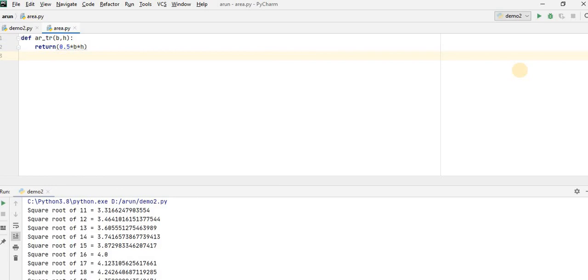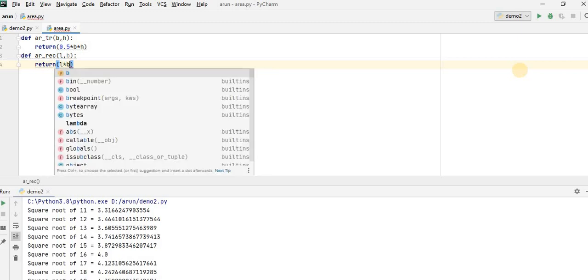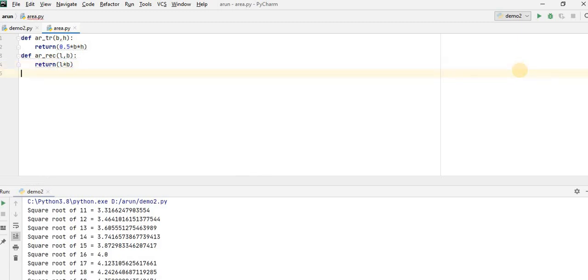Next function, I'll find the area of a rectangle. For the area of a rectangle we need length and breadth, and it will return length multiplied by breadth. Next function, area of a square: we need only one side, and it will return a into a.